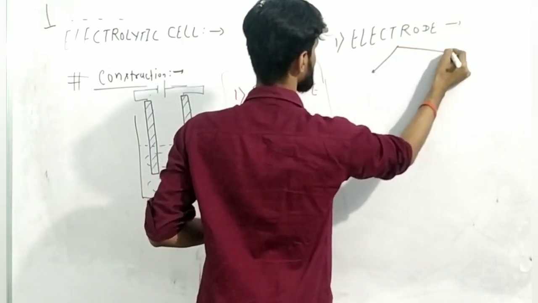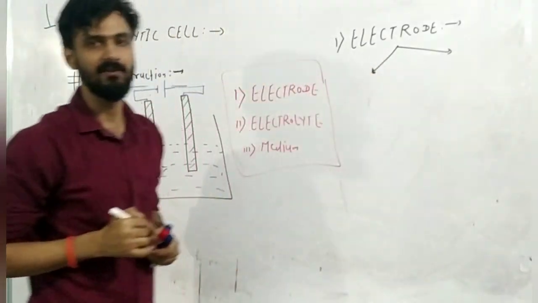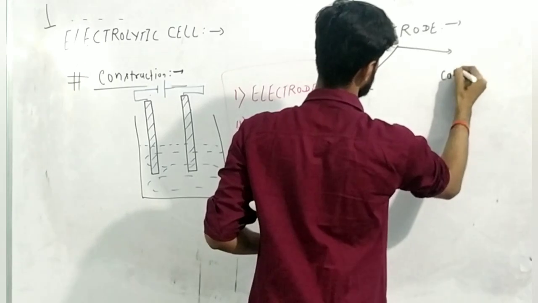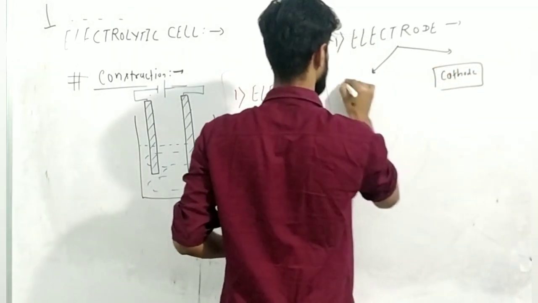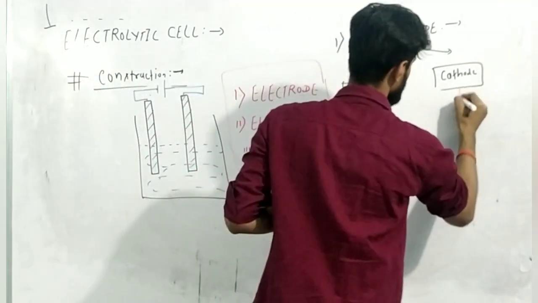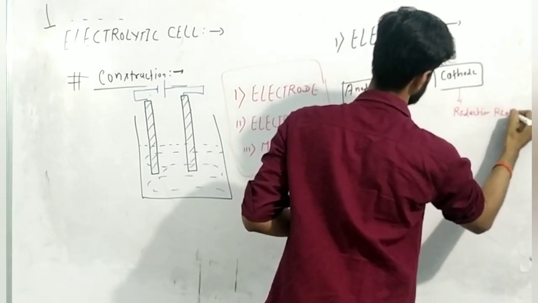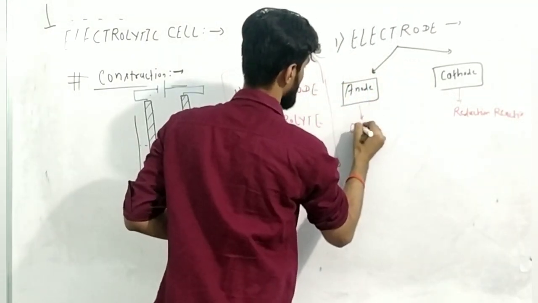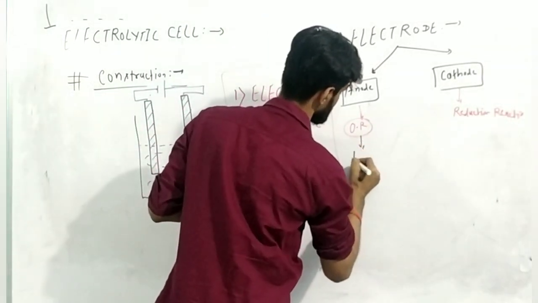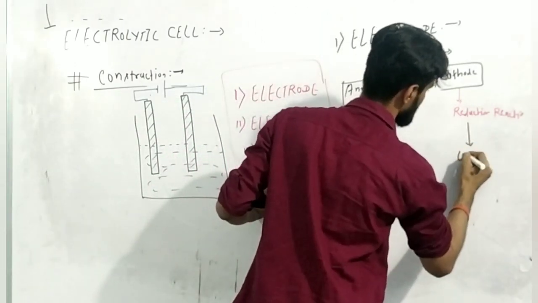That is electrode. Already I have discussed in the galvanic cell, there are 2 types of electrode that we use in an electrolytic cell or galvanic cell. The first electrode is called the anode, and the second one is called the cathode. These 2 things I am going to discuss over here. Now understand one thing. I have discussed that on the cathode, the reduction reaction will take place, and on the anode, the oxidation reaction takes place. It means on the anode there will be a loss of electrons, and on the cathode there will be a gain of electrons.